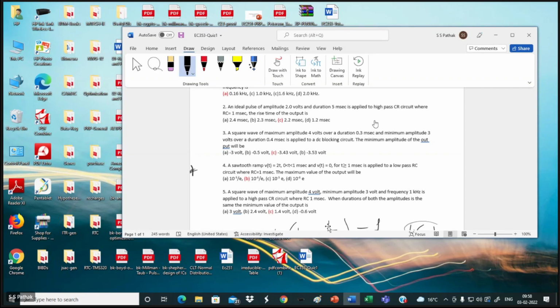You be careful, and question you read, I think here it was not mentioned, that's why it's not your fault. So for that, question number 5 will fetch you some marks there. Okay, but read the question carefully, because sometimes conditions are changed. Question 3 and 5 are looking alike, but RC time constant is totally different for both of them. In one case, it is not given, but it implies in DC blocking circuit, perfect DC blocking circuit. I have not written perfect DC blocking, but DC blocking means perfect DC blocking.